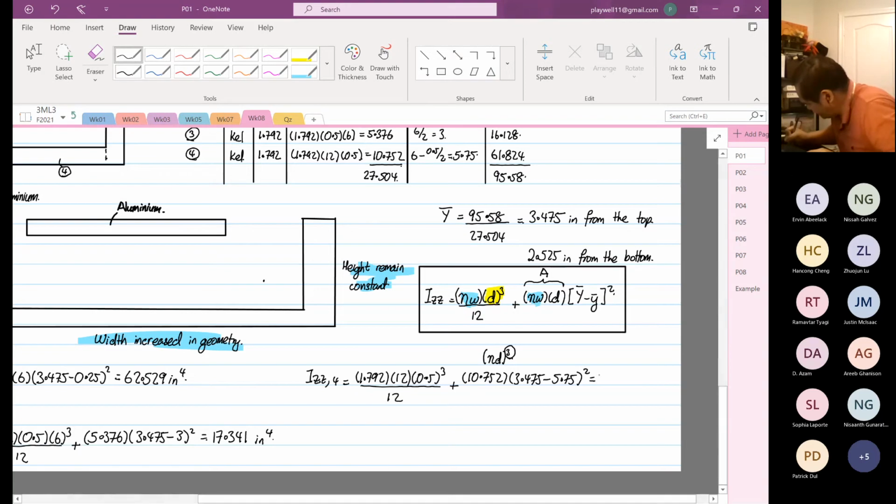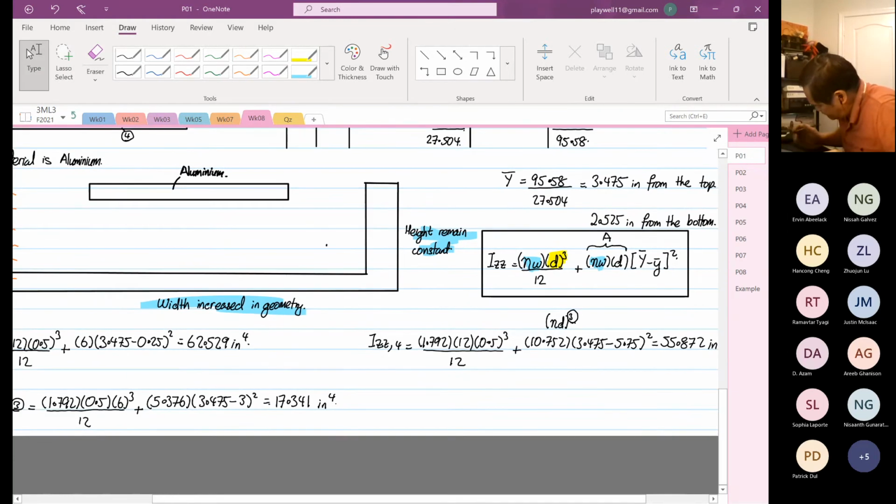55.872. Okay, so 55.872 inches to the power 4. Let me do it again. 3.475 minus 5.75 squared times 10.752 plus 1.792 times 12 times 0.5 power 3 divided by 12. 55.872. So therefore, I total